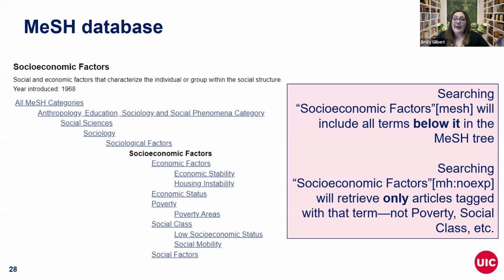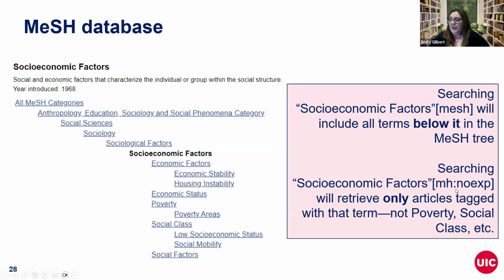That might be okay, but it's up to you whether that matches your inclusion criteria, your research questions. So you have to make that decision on whether you want to leave that so it includes everything below it, or you can do this